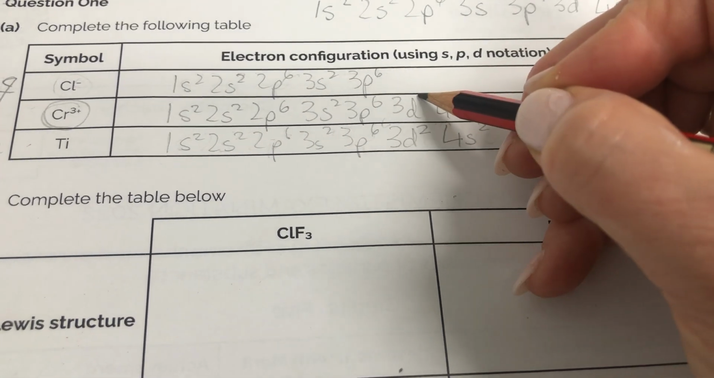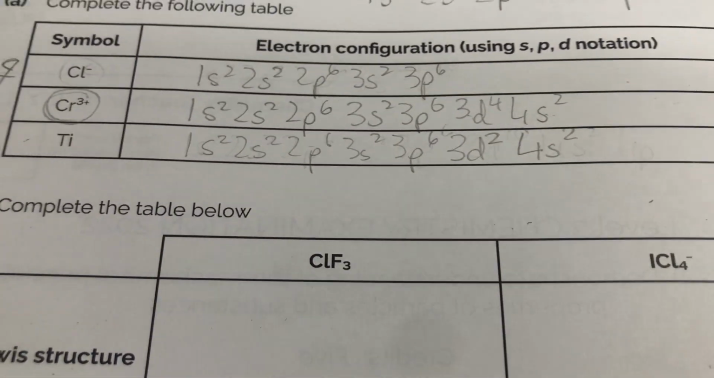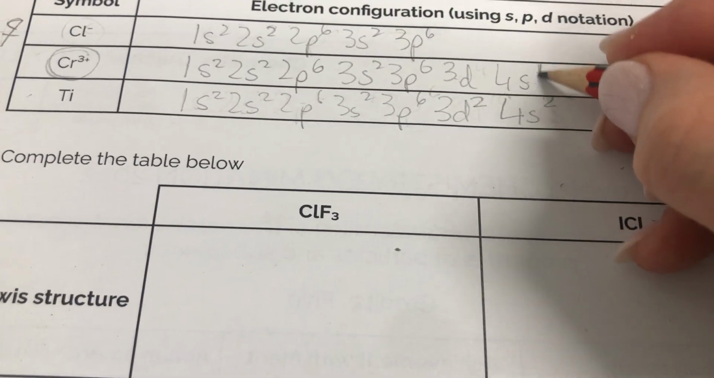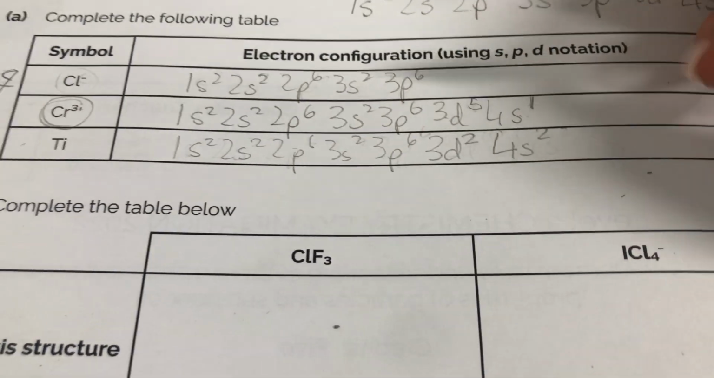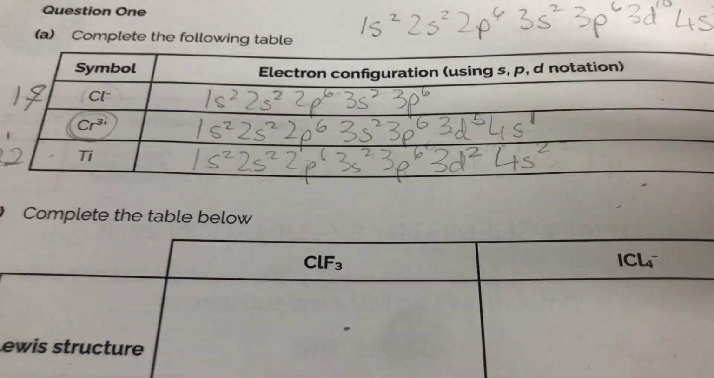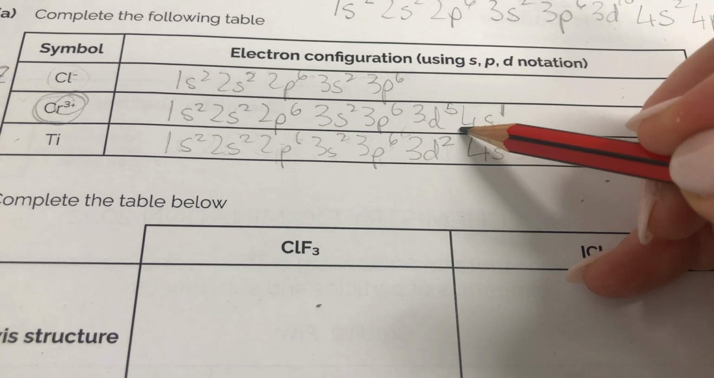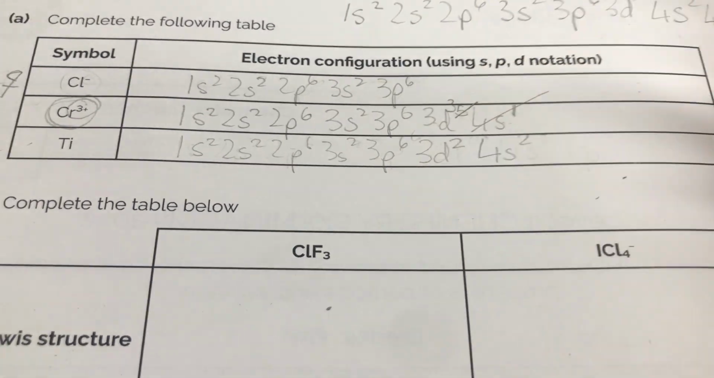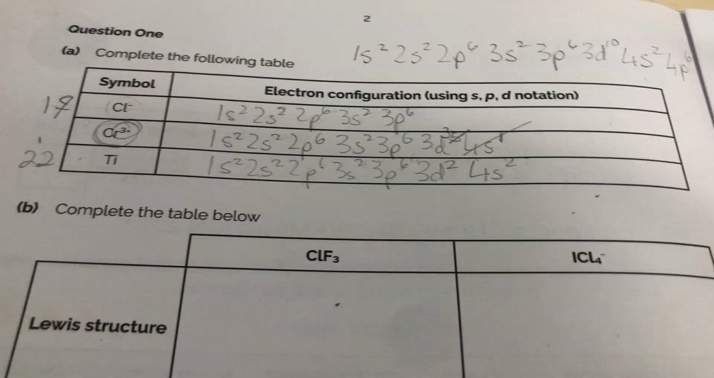4s2, 3d4. So when we look at chromium, we have to remember it's one of our exceptions, and chromium is more stable if we have 1 4s electron and 5 3d electrons. So 2 half full orbitals there, subshells. So if we now look at the 3+, that means we lose 3 electrons. So we're going to lose the entire 4s shell, and we're going to lose 2 of those ending in 3d3. Right, so that's the answer for that one there, and you had to get 2 of those correct for an